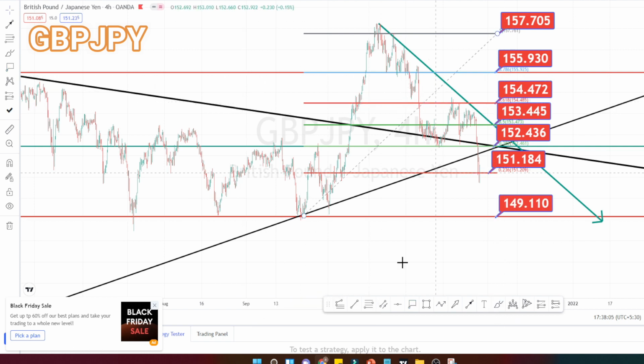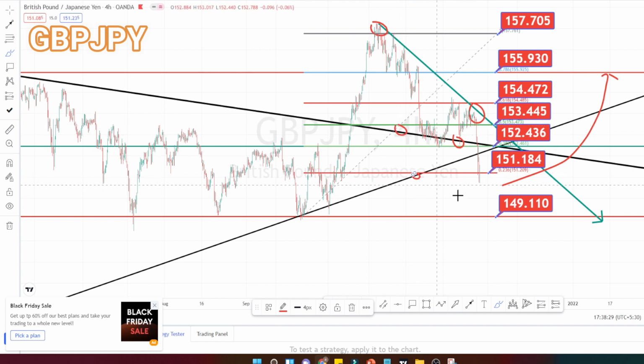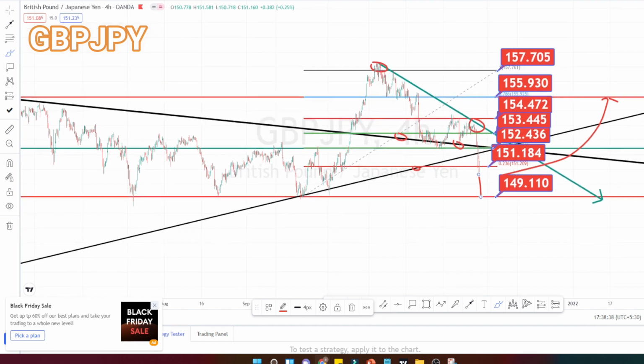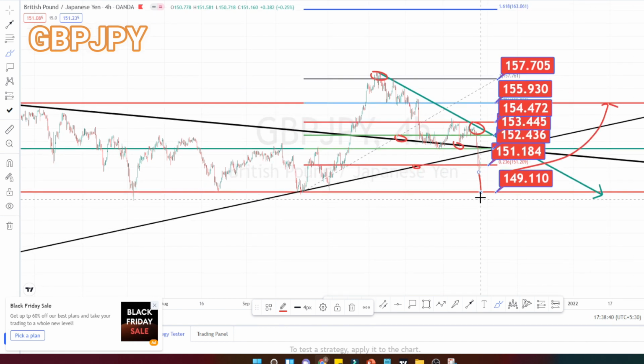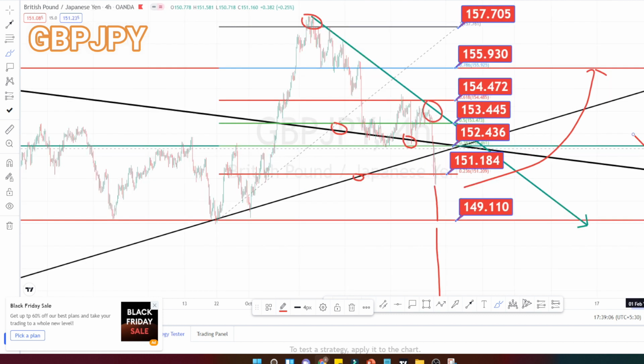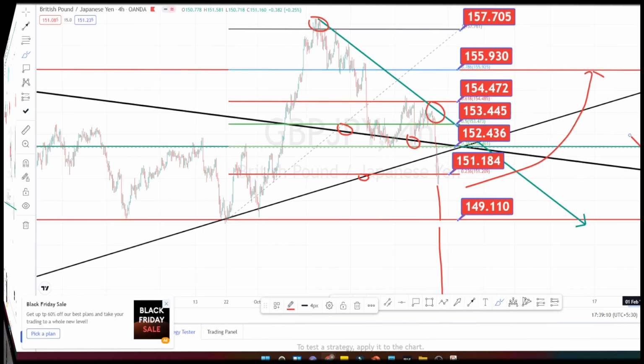But overall, when we look at the current price action, it is in a very strong downtrend. Only when it breaches this resistance level, we can expect a trend reversal to happen and test this resistance over here. Currently it has breached all the support levels from the weekly time frame also. So I am expecting a further fall over here, and if the downtrend is still strong, we can expect a further fall in this currency pair. Please mark these ranges in your chart and plan your entry and exit based on the support and resistance levels.